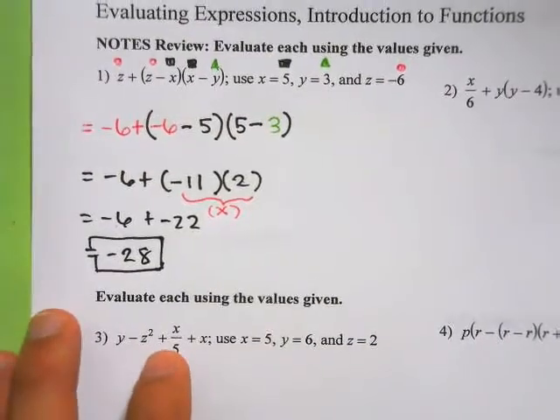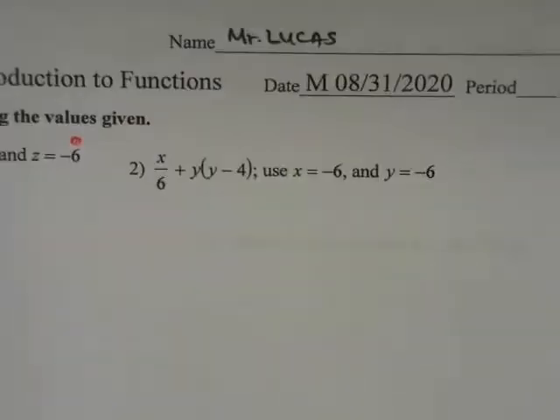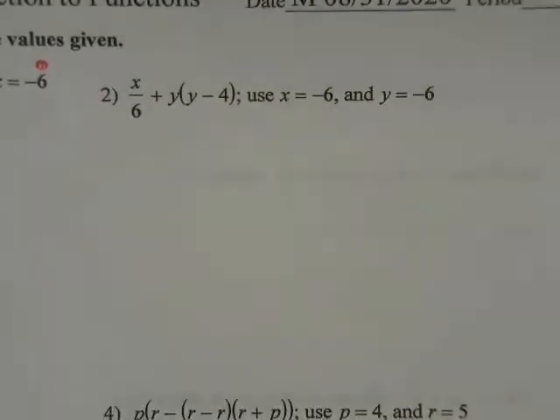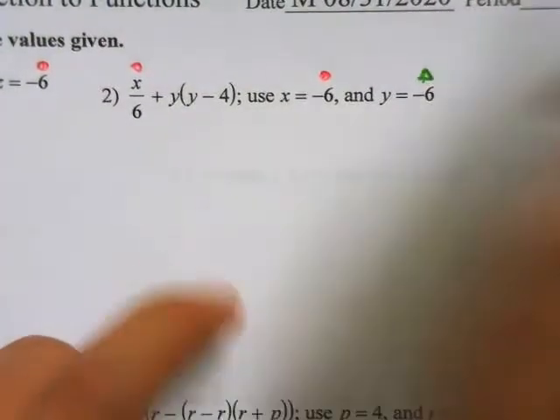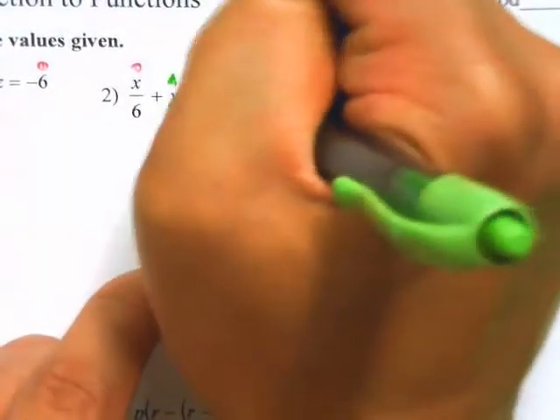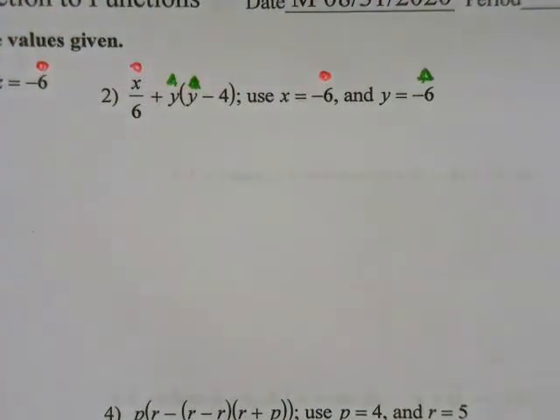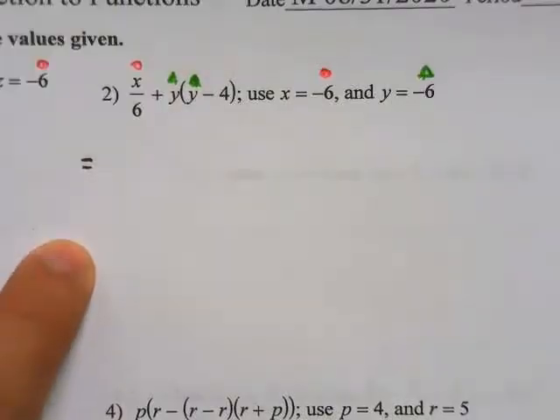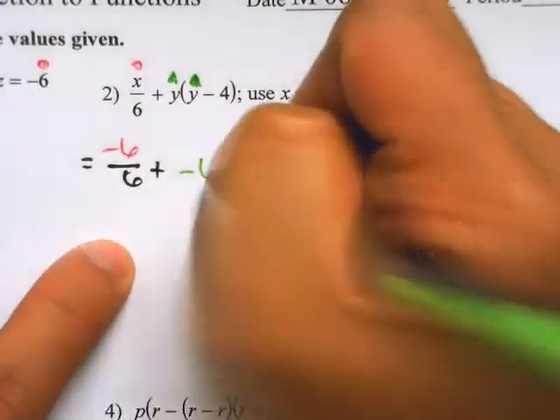I'm almost done with this first part of the video, and there's only 2 parts of the videos today. Let's do number 2. Sometimes you'll have a fraction bar like this. It will be used as a division. So I'm just going to mark where I have to plug in. Well, it's a good thing both of them are -6, so it doesn't really matter too much. We just got to plug in -6 on both of them. Okay, so let's just plug that in. -6 over 6 plus, and then -6